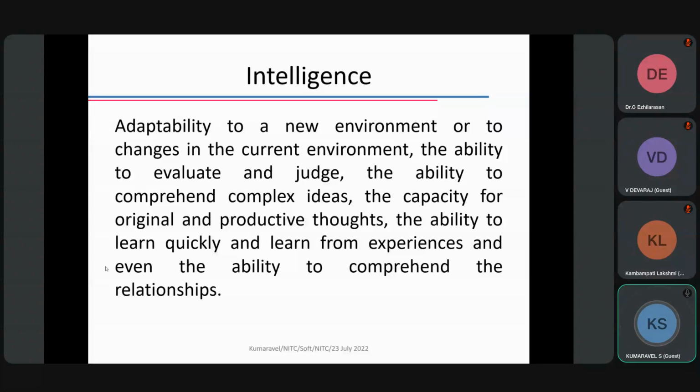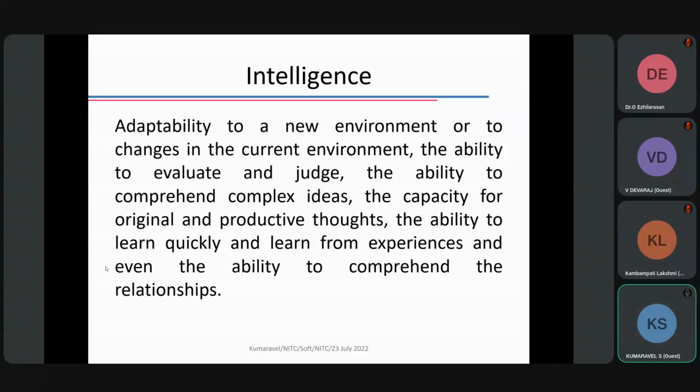Then, ability to learn quickly. A machine will learn much more quickly than a human. If you teach anything, it will learn very quickly. That is one of the well-proven things in AI. Next, learning from experience. Another important one: a human learns things from experience. We really learn from experience only. Similarly, a machine also can learn from experience. That is technically called training. We are training an intelligent system to acquire experience and knowledge.